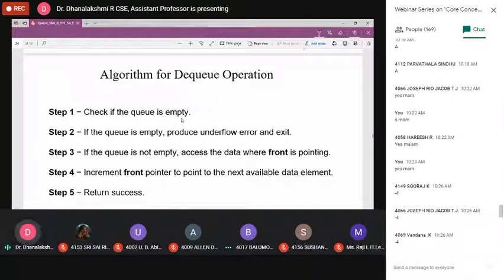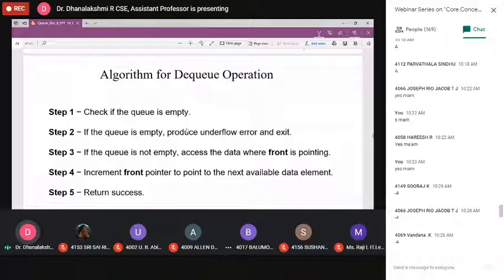This checks whether it is underflow or not. If it is underflow, you come out from the loop. Otherwise, you get into the second condition. What is our second condition? Whether our queue is empty or not. If it is not empty, you can set the front pointer. This is the code algorithm, only a small statement you have to change.